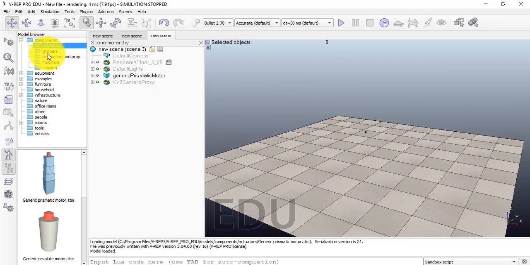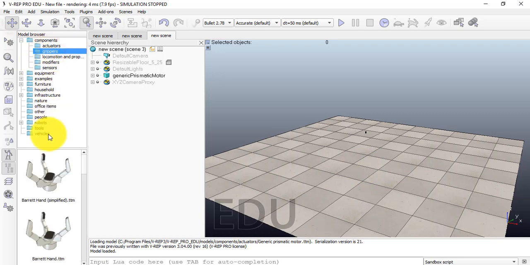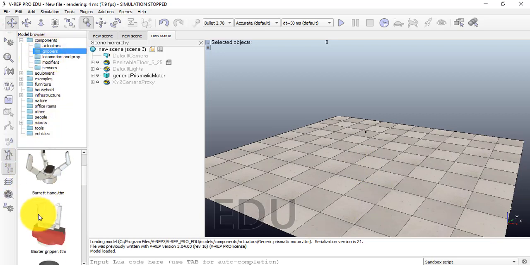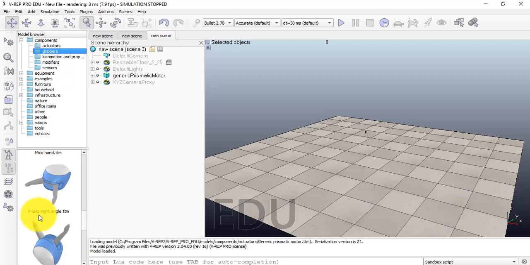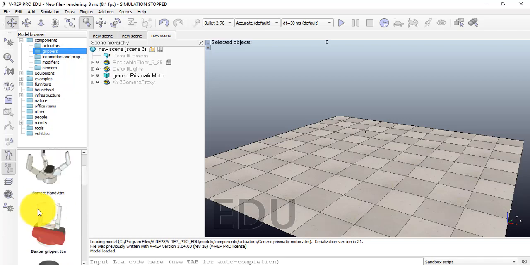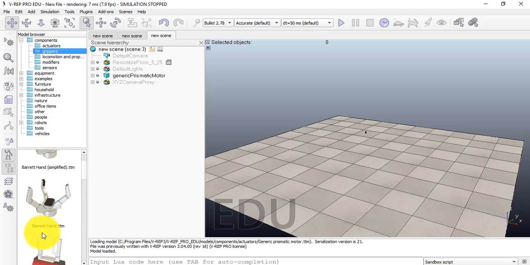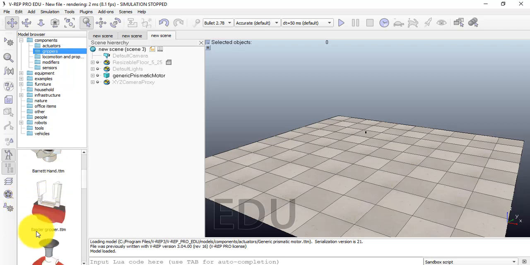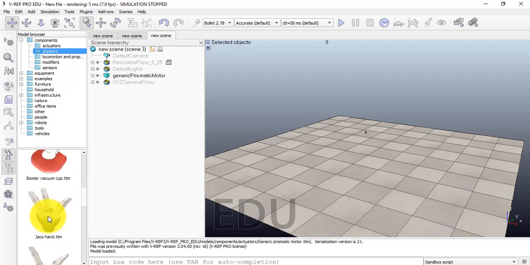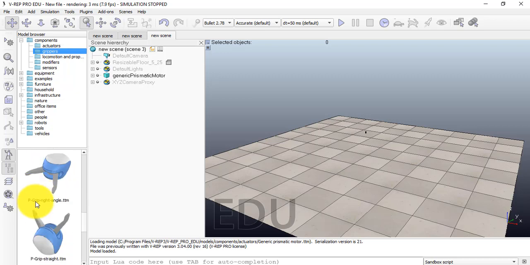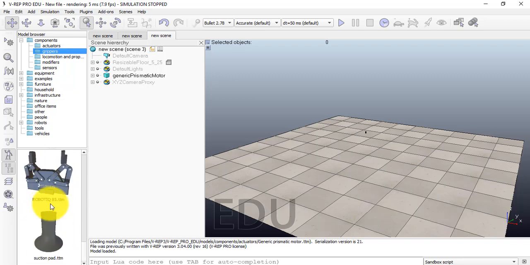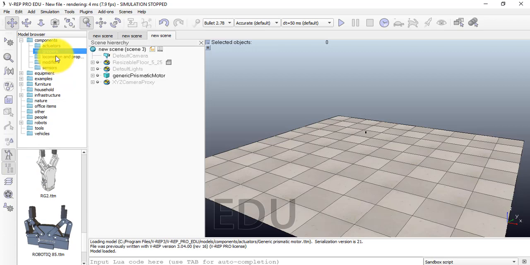After that I show you the grippers. For that I click on grippers. Here are the grippers, all the different types of grippers. Mainly there is the Barrett hand, and the boxer gripper, and also some other hands. After that you see locomotion and